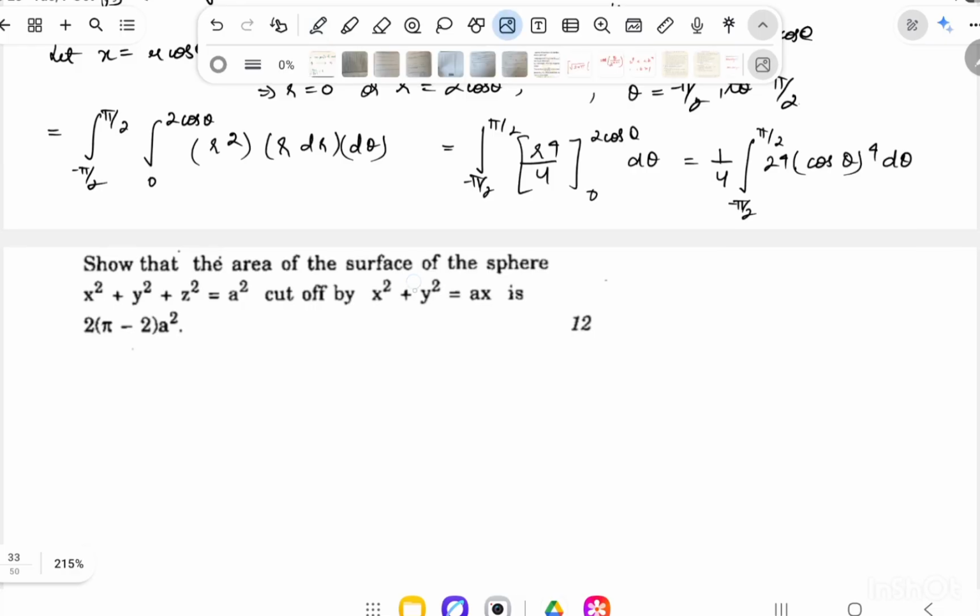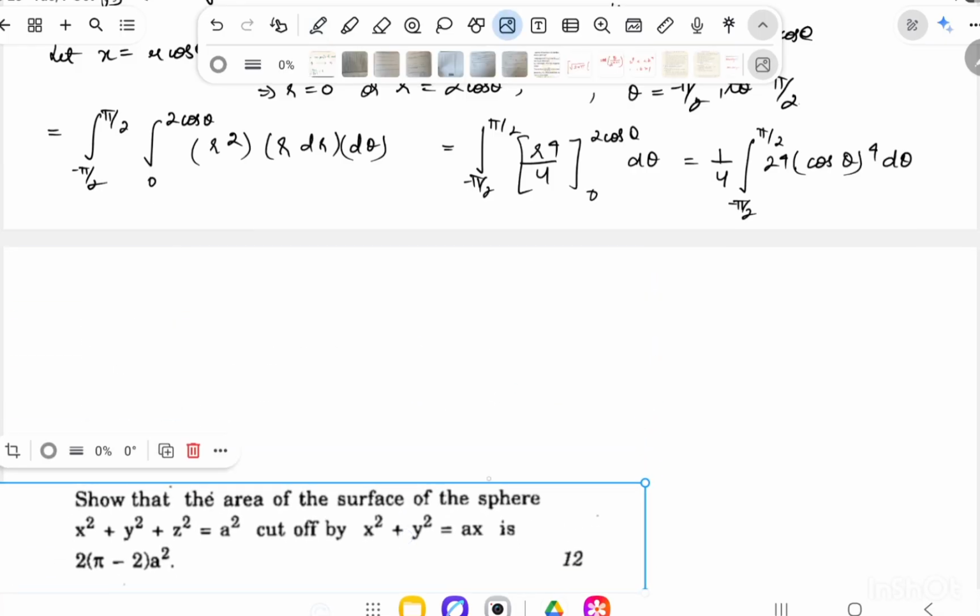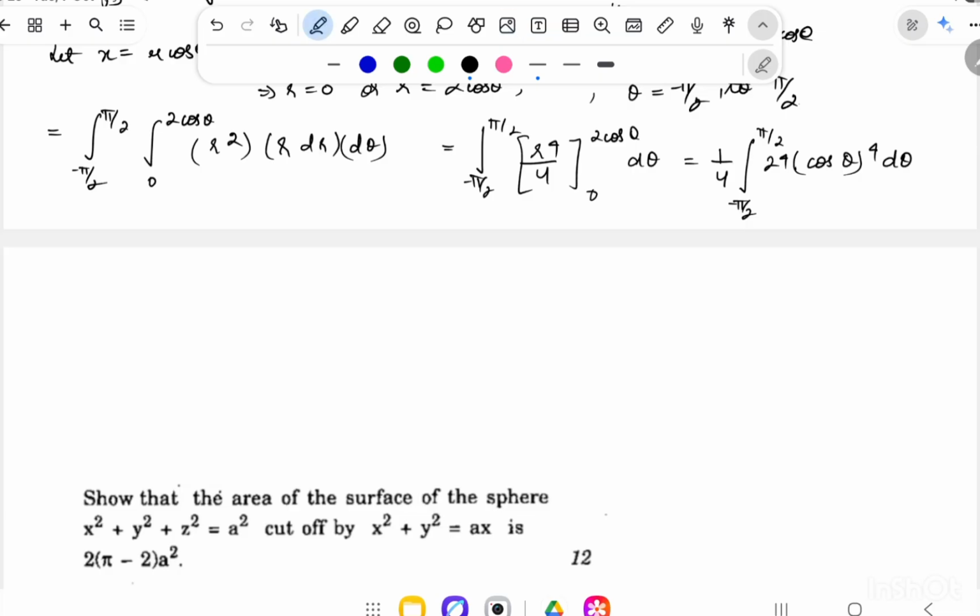If I simplify it, 2 raised to 4 is basically 16, and we can pull that out because that's a constant, minus pi by 2 to pi by 2 cos theta raised to 4 d theta,